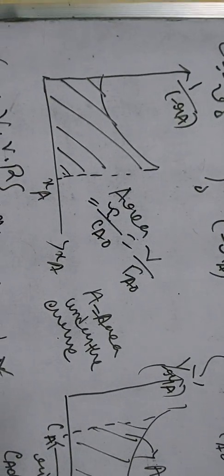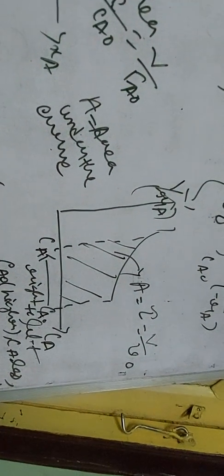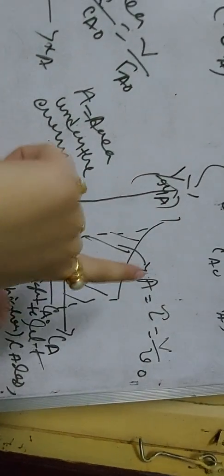Area is equal to tau divided by CA naught is equal to V by FA naught, which is equal to the area under the curve. And for CVRA system, for this formula 1 by minus RA, that is here CA, and this is the graph. Tau is equal to V by V naught. Here CA naught will be the maximum and CA will be the minimum. So the graph will be right to left, CA naught higher, CA less. That will be the graph.